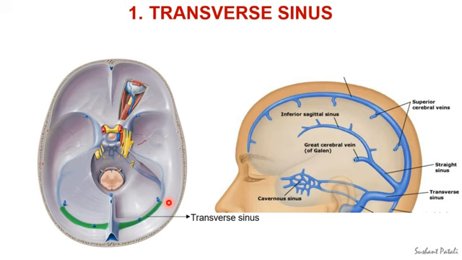Generally the right transverse sinus begins as a continuation of the superior sagittal sinus already mentioned, and the left transverse sinus extends as a continuation of the straight sinus. At the mastoid angle of the parietal bone, each sinus continues below as the sigmoid sinus. The superior petrosal sinus opens at the junction of the transverse and sigmoid sinuses. Each transverse sinus presents a gentle curve which is convex upwards.